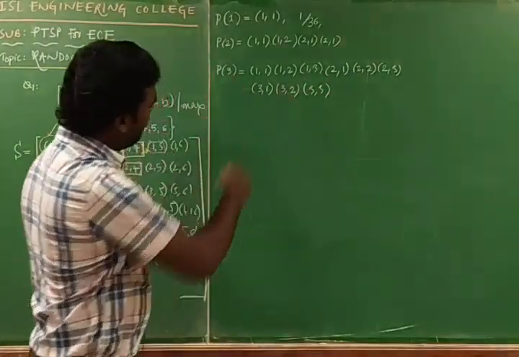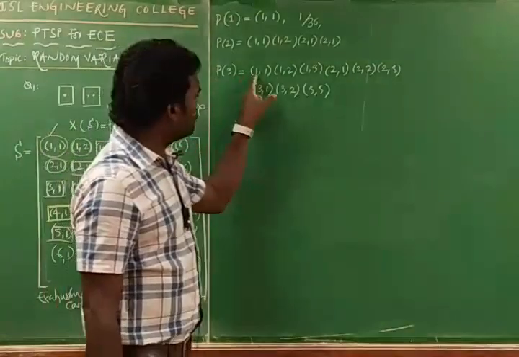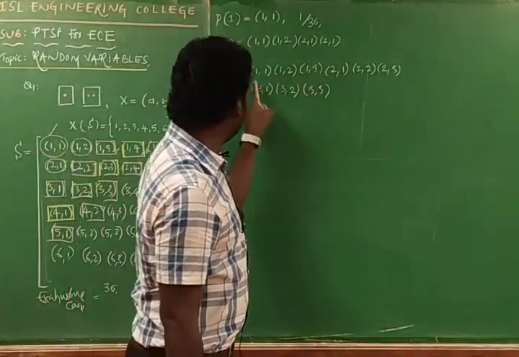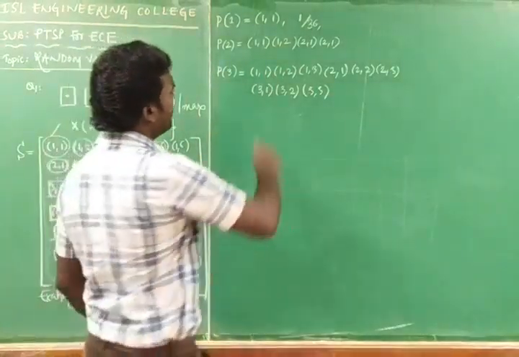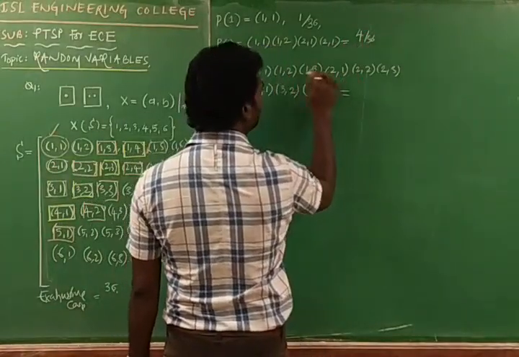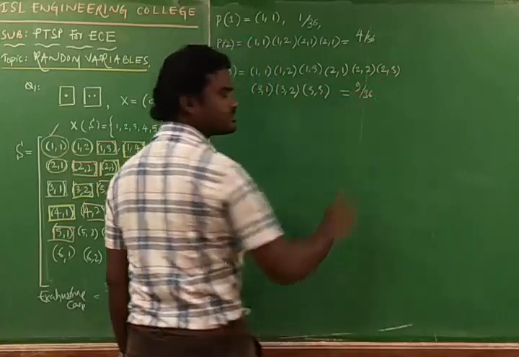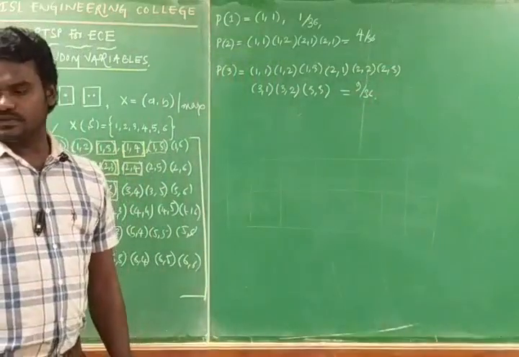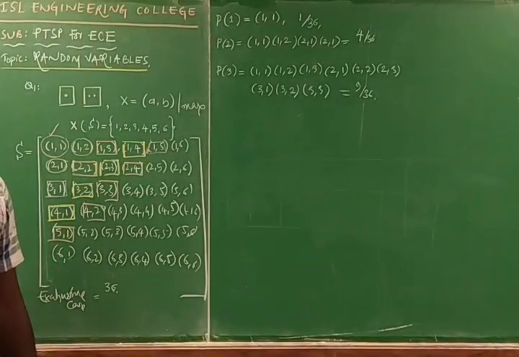So no number in the probability of getting the random variable as 3. If you see the intervals, no interval is having a number which is greater than 3. So how many did we get here? 4 we got. 4 by 36. And this one 1, 2, 3, 4, 5, 6, 7, 8, 9. 9 by 36. Then probability of getting here 1 3, 3 1, 2 3 and 3 2, 3 3.